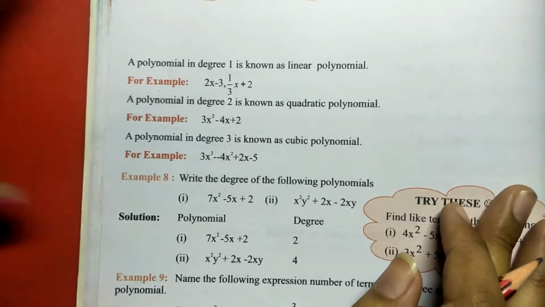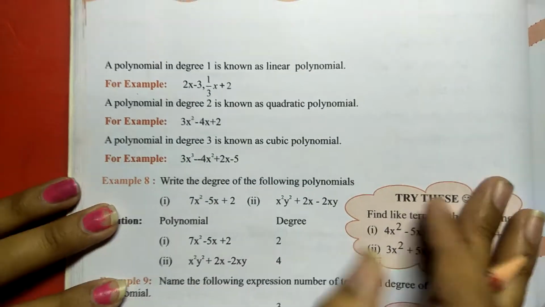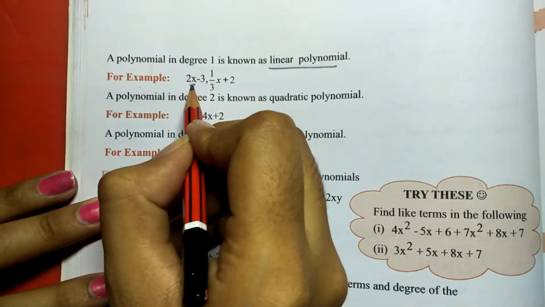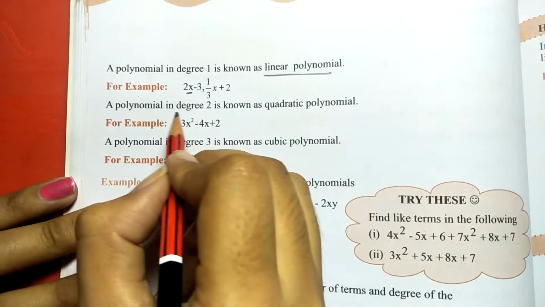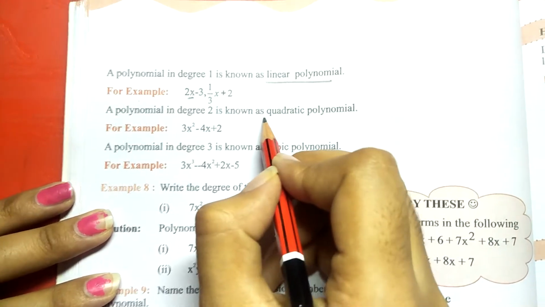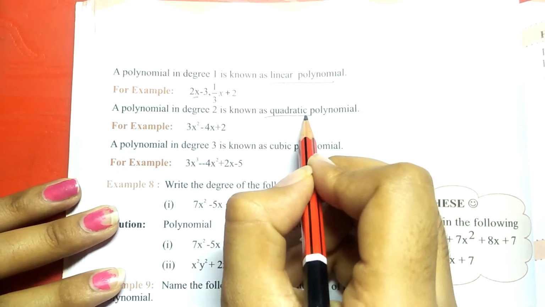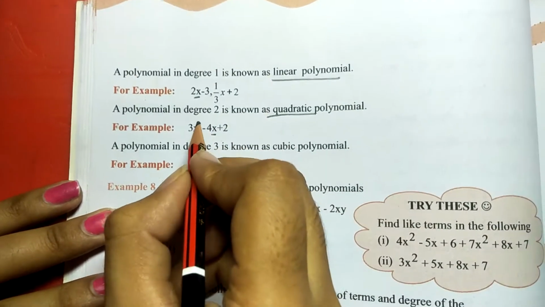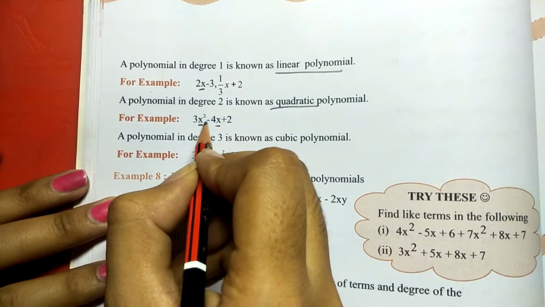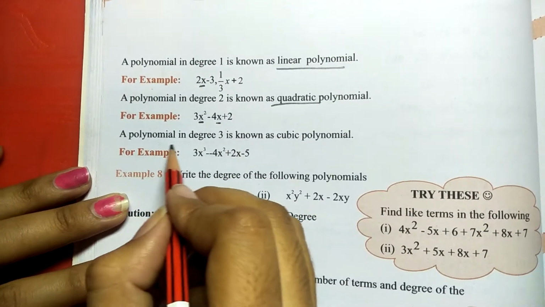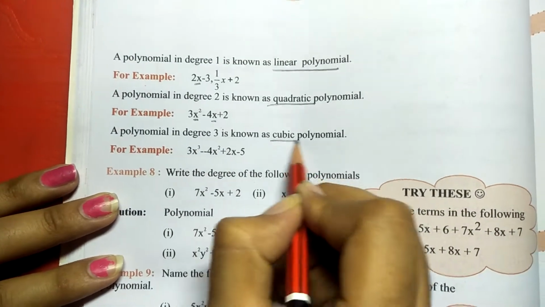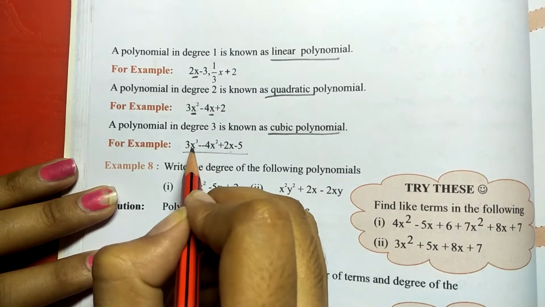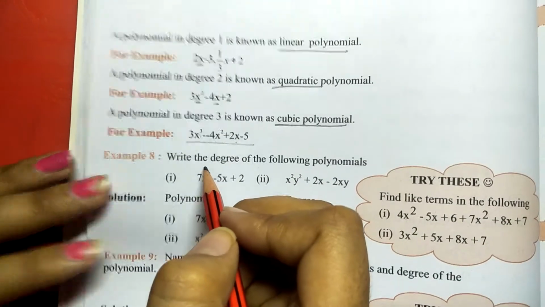In these examples you can see the polynomial which has only one degree is known as the linear polynomial. Why? Because it does not have any power numbers, only one power is there. A polynomial of degree 2 is known as quadratic. If the degree is 2, then it is quadratic. Like this, you can see this has the power 2 and this does not have any power. This is the highest power of the polynomial, so that will be called quadratic. Then a polynomial of degree 3 is known as a cubic polynomial, because in this equation this is given 1, this is given 2, and this is the highest power which is 3, so this will be called a cubic polynomial.